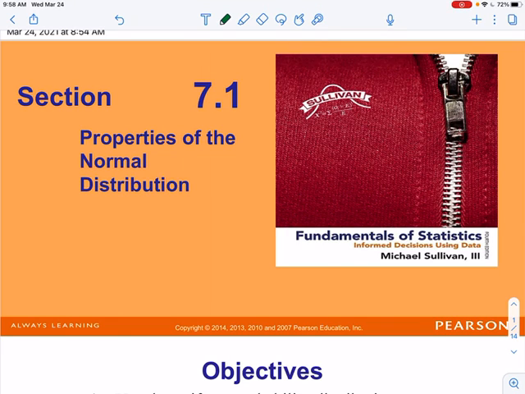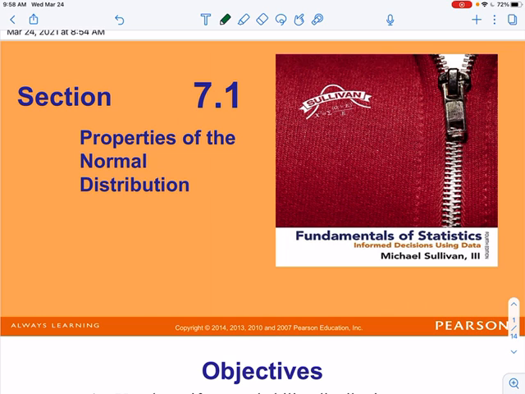Okay, so this video is going to cover the last two objectives from section 7.1. So we're going to talk about objectives 3 and 4 in this video. So again, keep in mind from the last video, one of the most important things that we have to remember